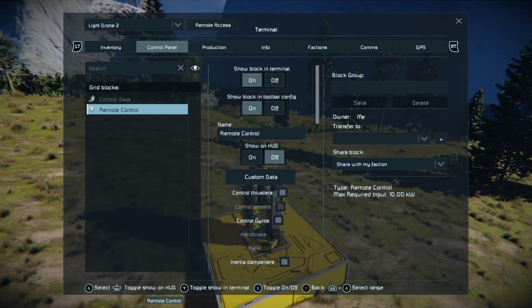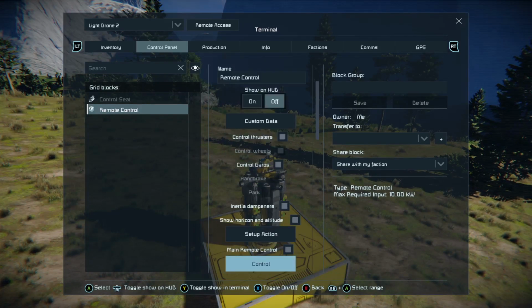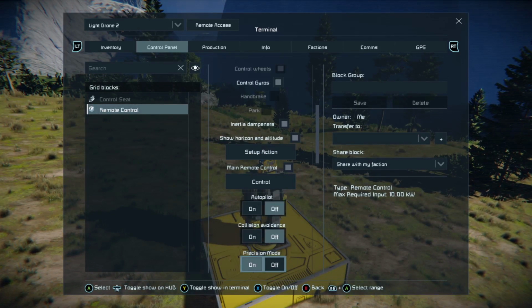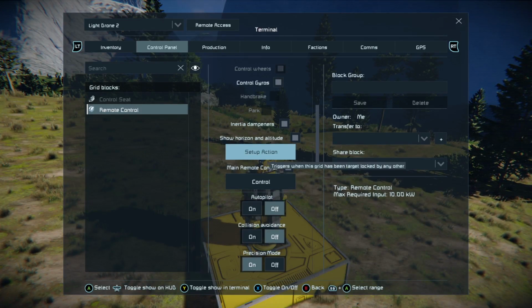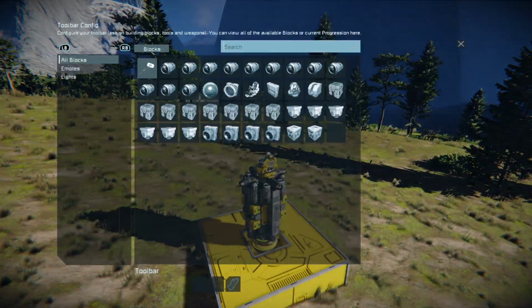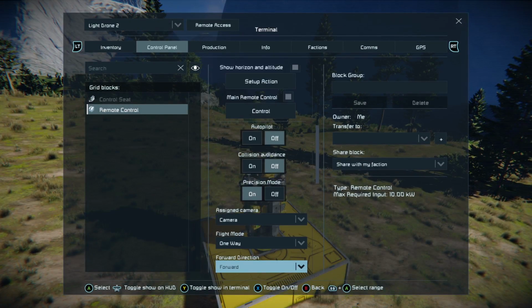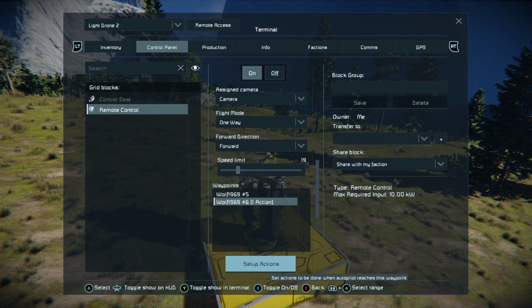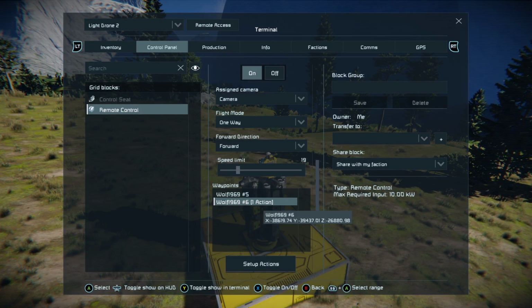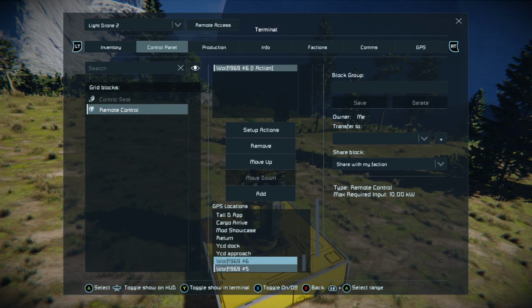But this is Space Engineers, and well, as we know with Space Engineers, you can do many things in Space Engineers, and there's always going to be something that goes potentially wrong.